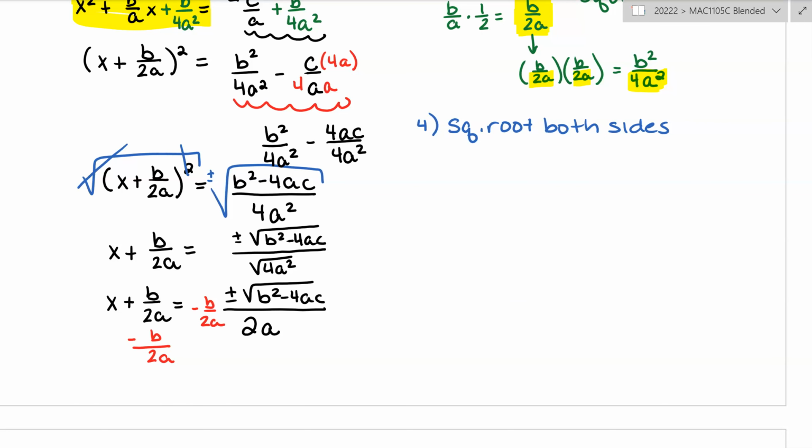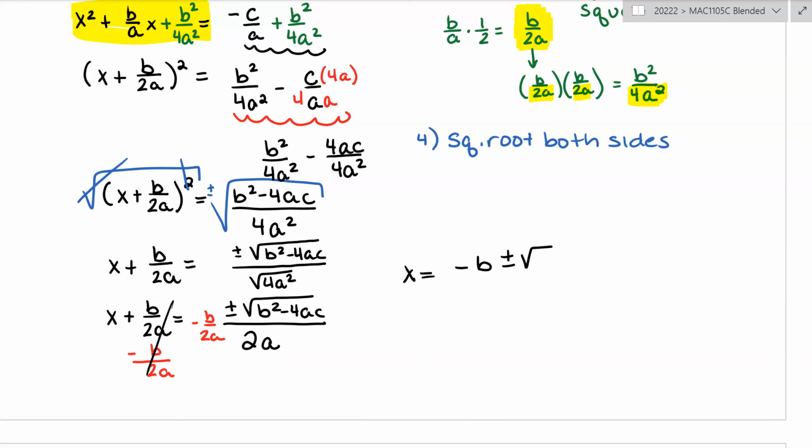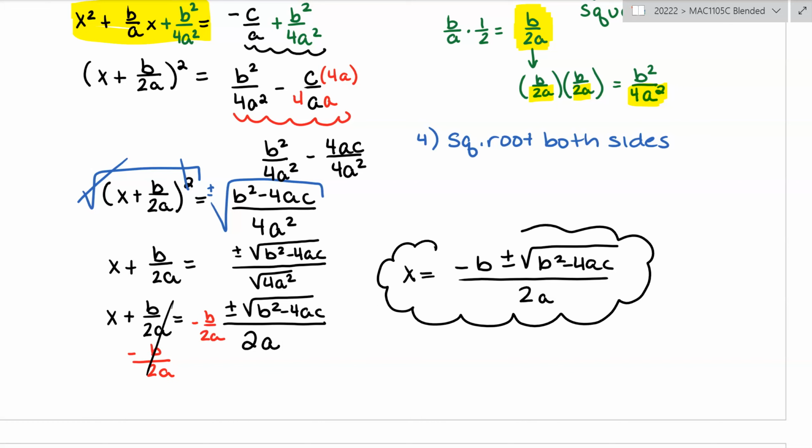We have minus b over 2a, and then plus or minus that square root over 2a. So we can put those together and we get x equals, so these cancel, and I have minus b plus or minus the square root of b squared minus 4ac, and then that whole thing over 2a. And this is the quadratic formula. So the quadratic formula says,